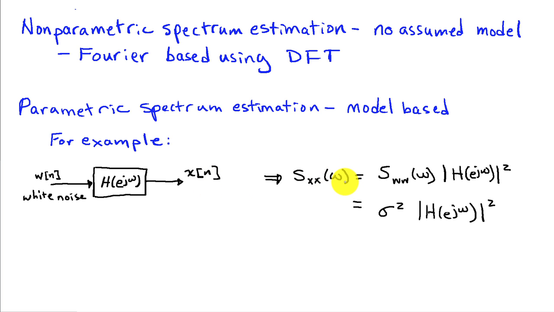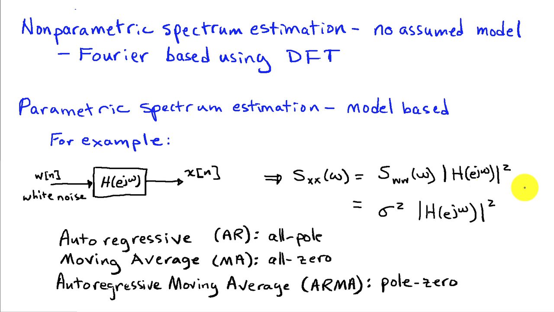because we know that the power spectrum of the output is just the power spectrum of the input, which is sigma squared, the power or the variance of the white noise, times the magnitude squared of the frequency response of the system. So by having different system behaviors in the frequency domain, we can describe different types of power spectra for x. So this is a model. It's just saying that the power spectrum is given by the magnitude squared of some frequency response for an LTI